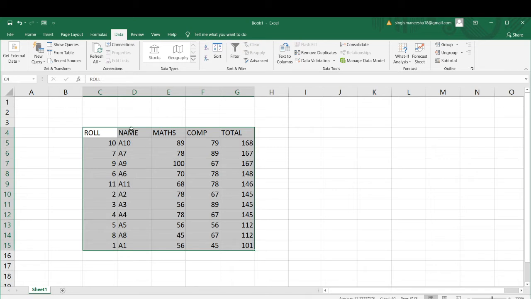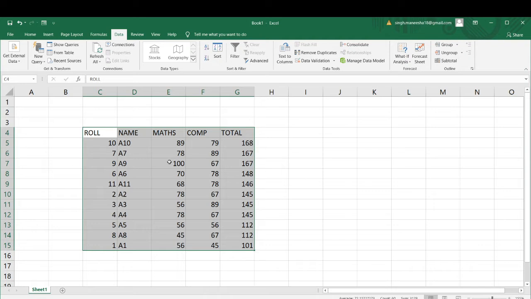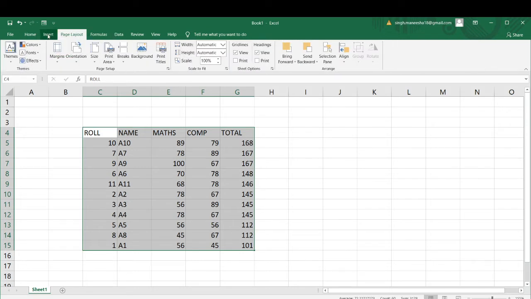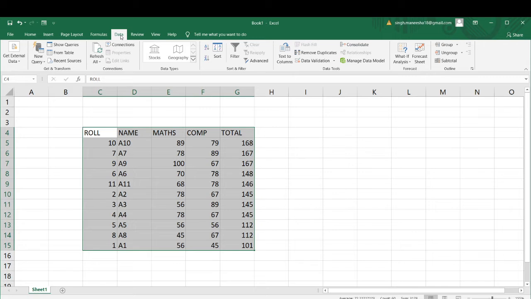If you want to do the sorting according to the name, so that the names come in ABCD order, again select the data first. Tell the computer that on this data I want to apply the sorting. Click on which tab, children? Click on the Data tab.